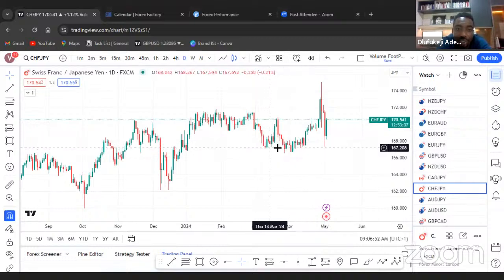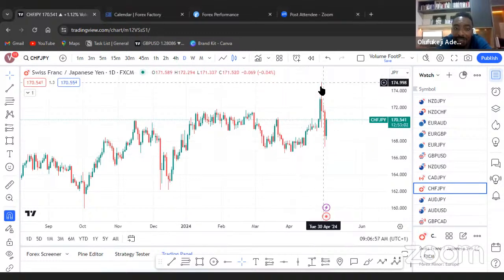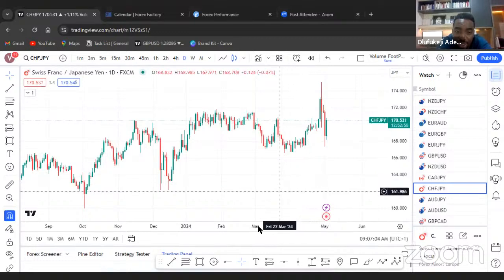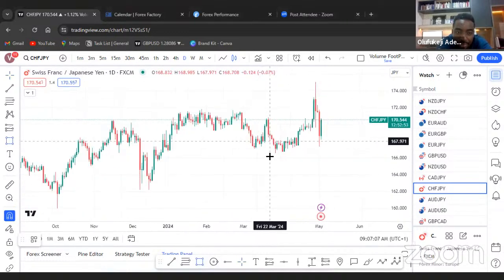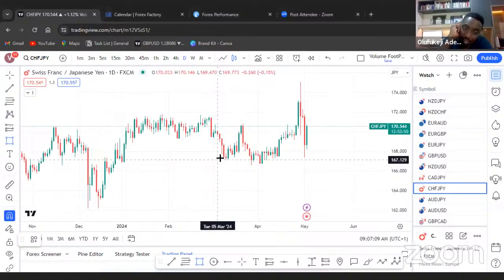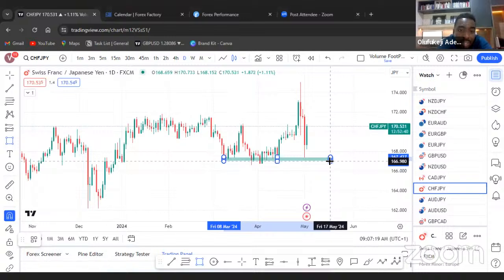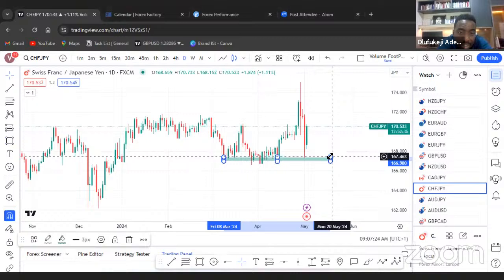Then it formed a sweep. Then it formed a break of structure to the upside. These are upside down box pattern. Then it came back down. Look at the liquidity, diagonal liquidity. It induced it. Let's zoom in a bit. That's our shoulder there. That's our sweep there. That's our diagonal liquidity. Our slanting liquidity to the downside,